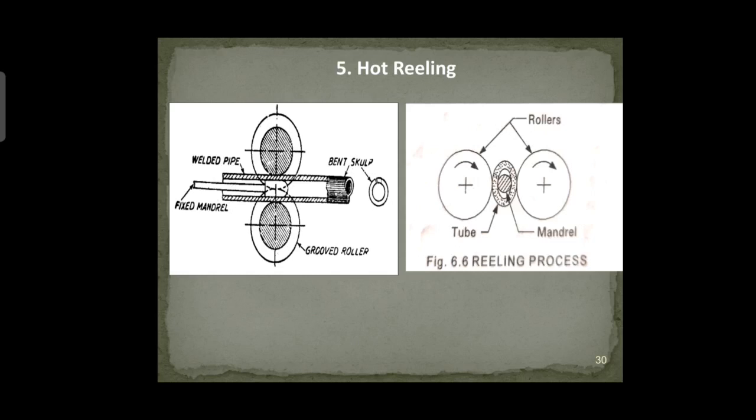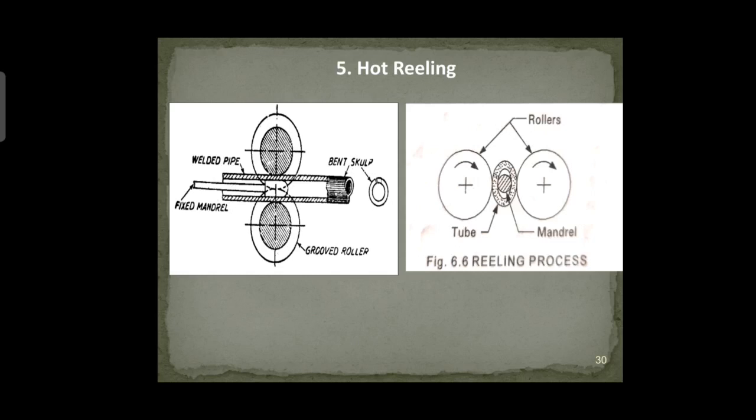You observe the second diagram here. There are two rollers which are rotating in the same direction. Here also the rollers are not placed one above the other. They are placed slightly, the axes of both of them are slightly different. It means they are placed slightly oblique. The combination of squeezing and spinning is also taking place. It means rotating, spinning as well as squeezing of the metal is taking place.